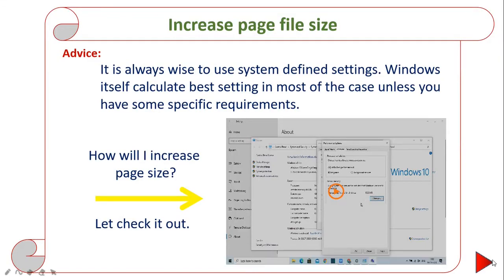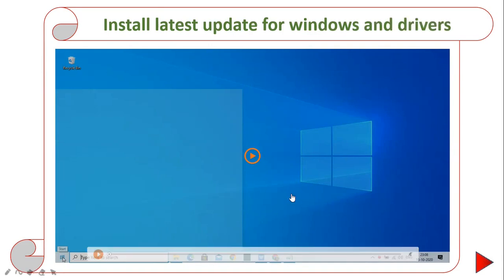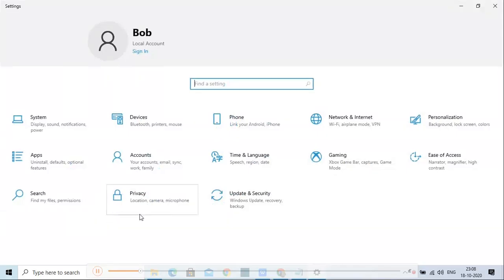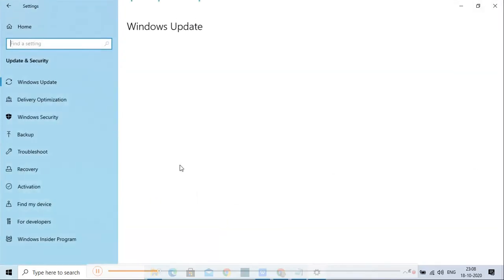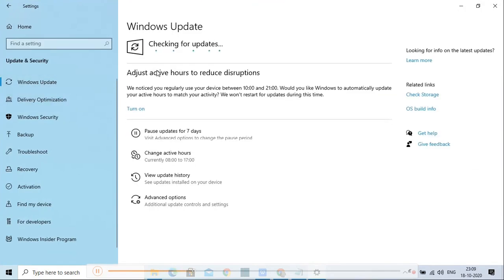Let's check our next method. We will see how to check and install any Windows update available. Start menu, click on Settings. Go to Update and Security. Click on Windows Update and then click on Check for updates. Let your system check for update.